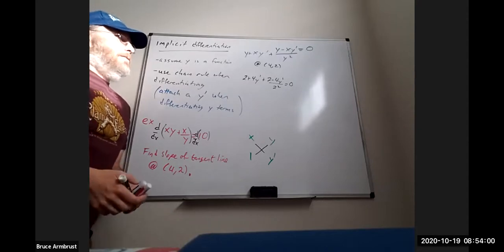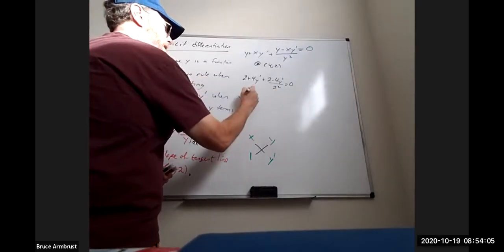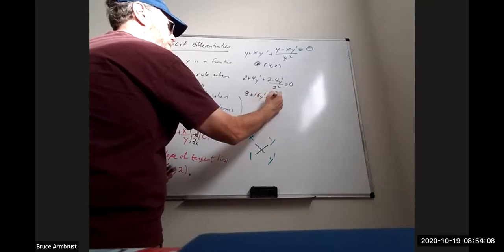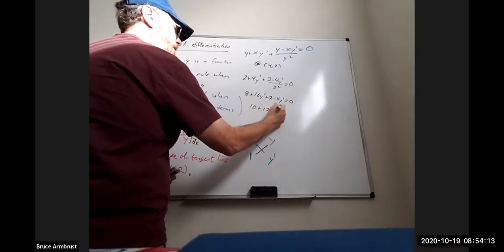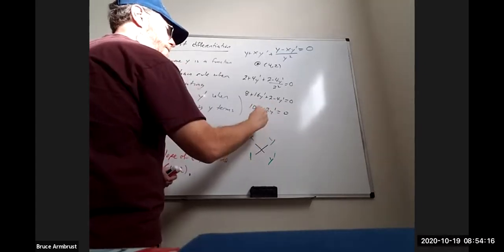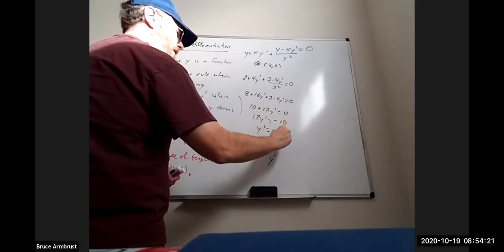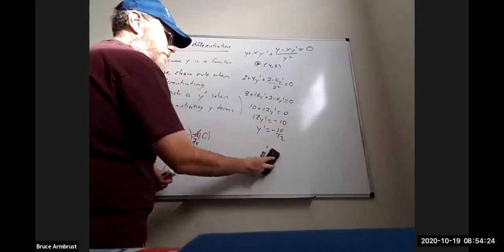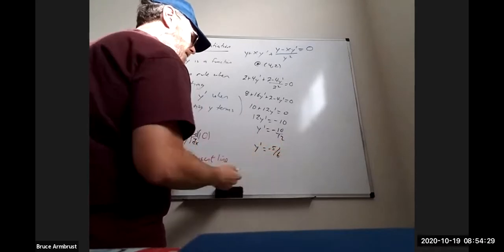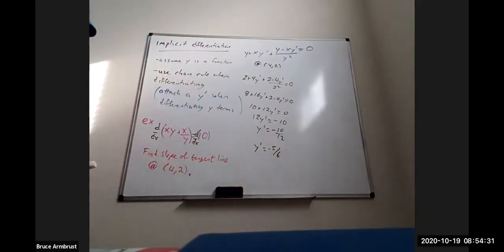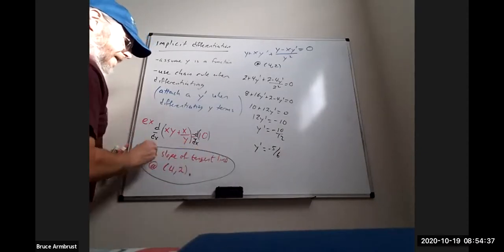And now let's solve it for y prime. So I'm going to multiply by 4 to get rid of this fraction. So we get 8 plus 16y prime plus 2 minus 4y prime equals 0. That's 10 plus 12y prime equals 0. So 12y prime equals negative 10, or y prime equals negative 10 twelfths. We can actually reduce that down, right, to minus 5/6. So the slope of the tangent line, remember that's what we were trying to find. The slope of the tangent line at this point